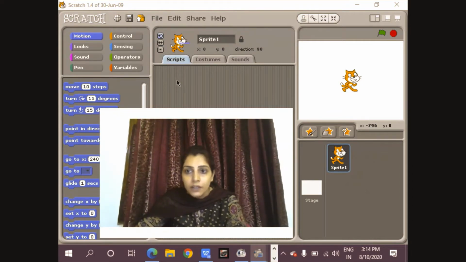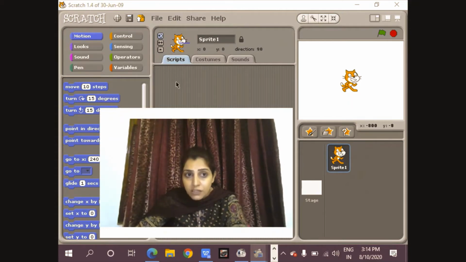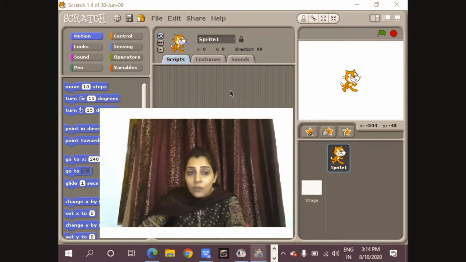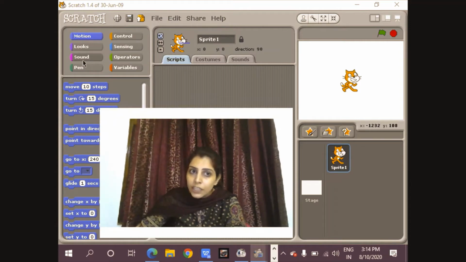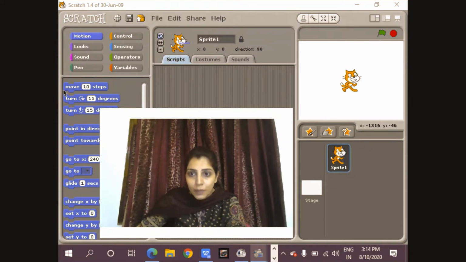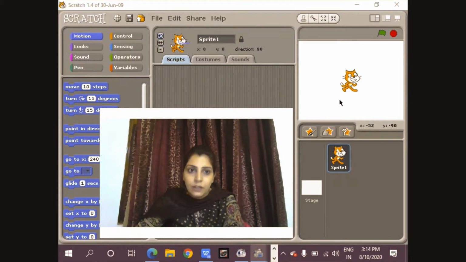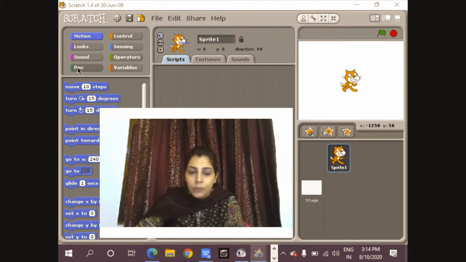We will be providing some movements, some actions to the sprite. Now how are we going to provide these actions to the sprite? We will be giving instructions through these blocks. For example, with the motion block, I can give instruction to my sprite to move 10 steps. So my sprite will move 10 steps further, right? We will be doing it practically also. So this second component is the blocks palette.